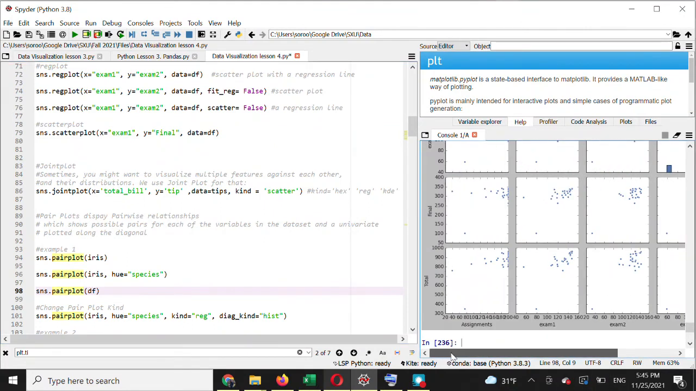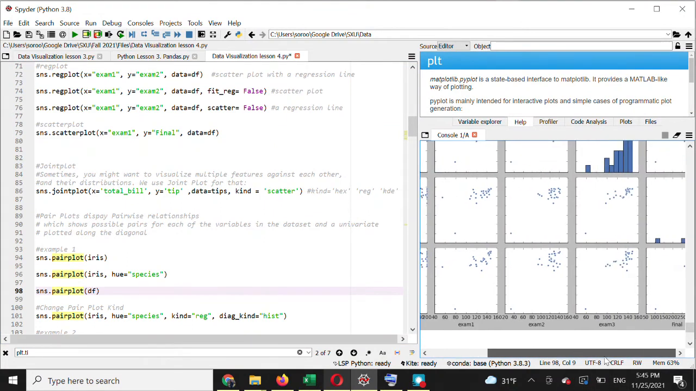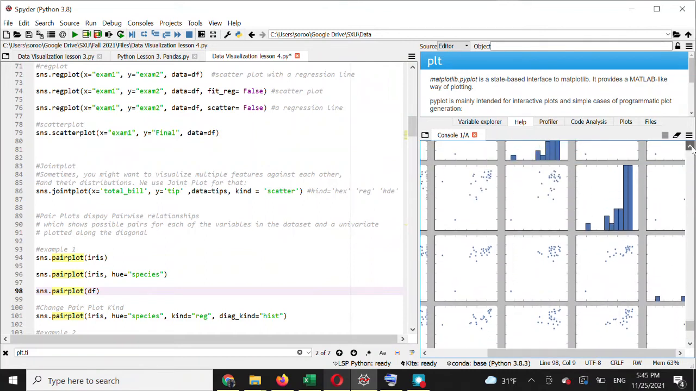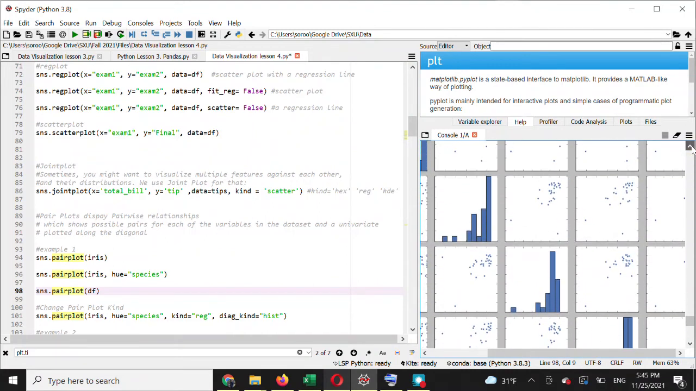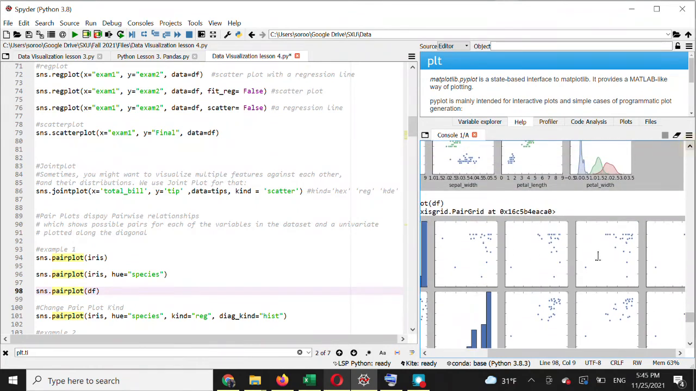We get assignments versus exam 1, exam 2, exam 3, and the final exam. So we get everything right there. It's a very good graph, and we have all of them here. Now here, for example,